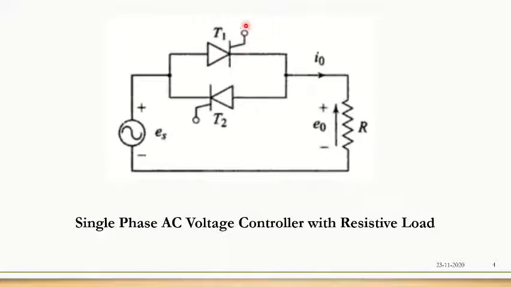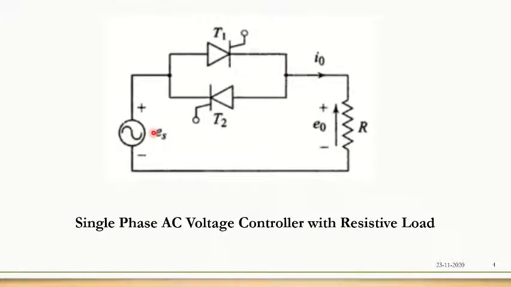Only after you give the gate pulse at the gate terminal, T1 will start conducting. So when it is conducting, you know the voltage across these two terminals. When T1 is conducting, it will be minimum, say 1 volt, because of the power device drop, right? So T1 will be conducting till the supply crosses 0, right?